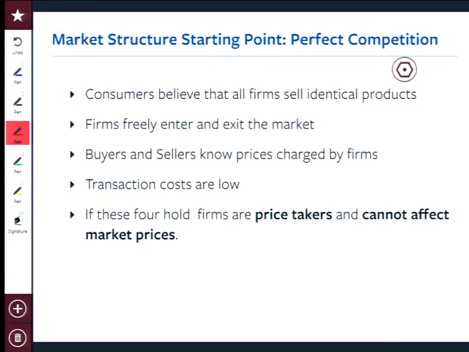Second characteristic is firms can freely enter and exit. You can enter or leave the market at will. This is not true in power plant production, like we discussed last time. Third, buyers and